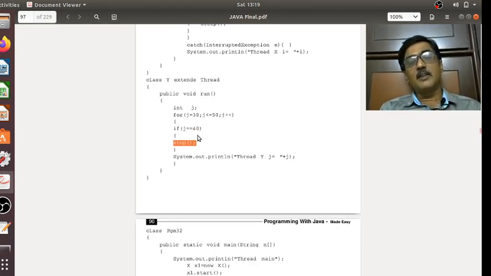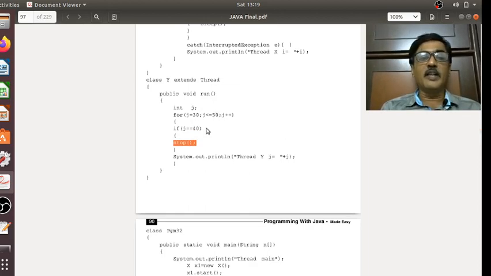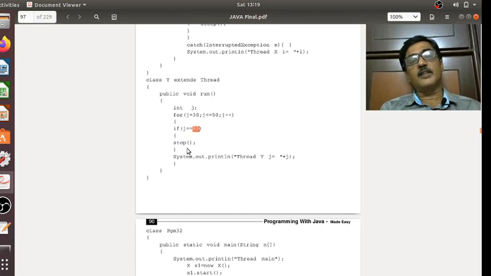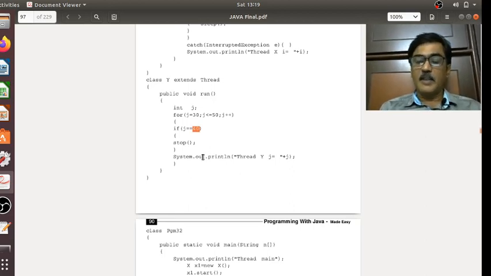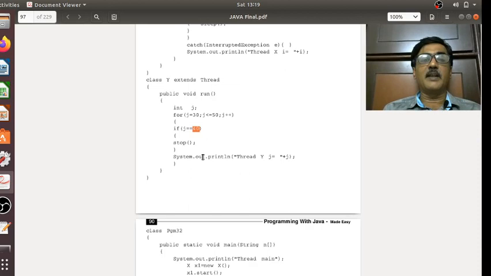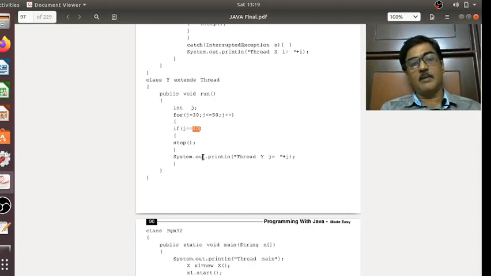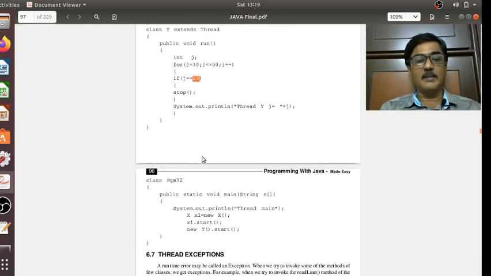Though the loop has to go till 50, it won't go till 50, and when the value reaches 40, it would just stop. So I would be getting output between 30 to 39 only. When it reaches 40, 40 is not displayed, simply the program is terminated. So a thread can be prematurely killed by invoking the stop method.